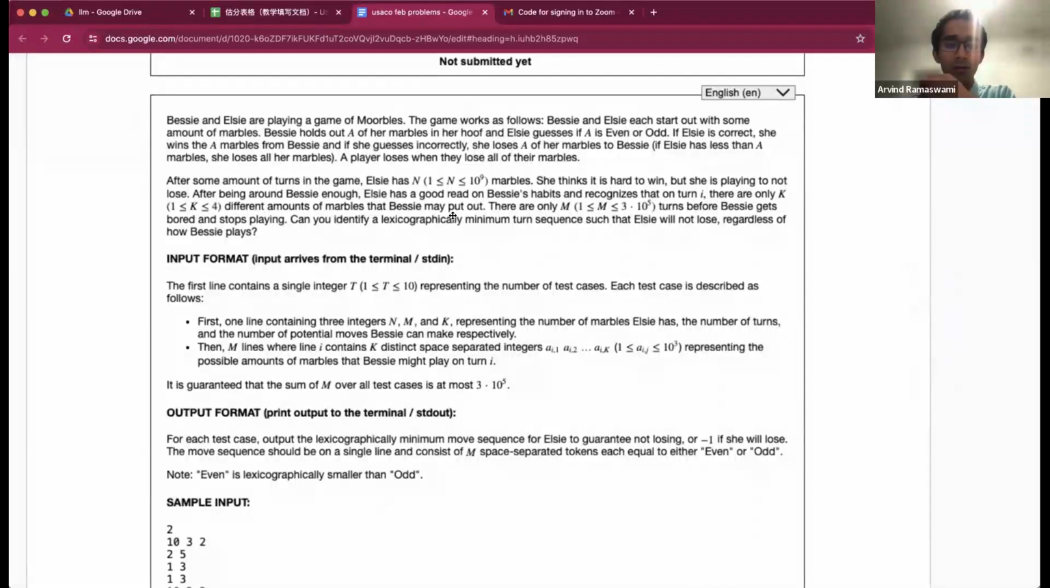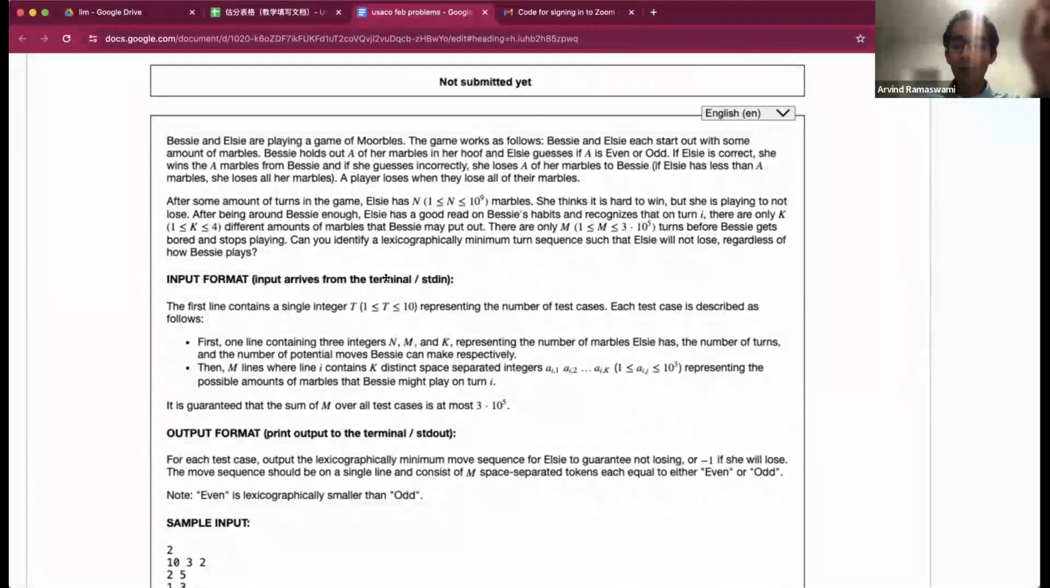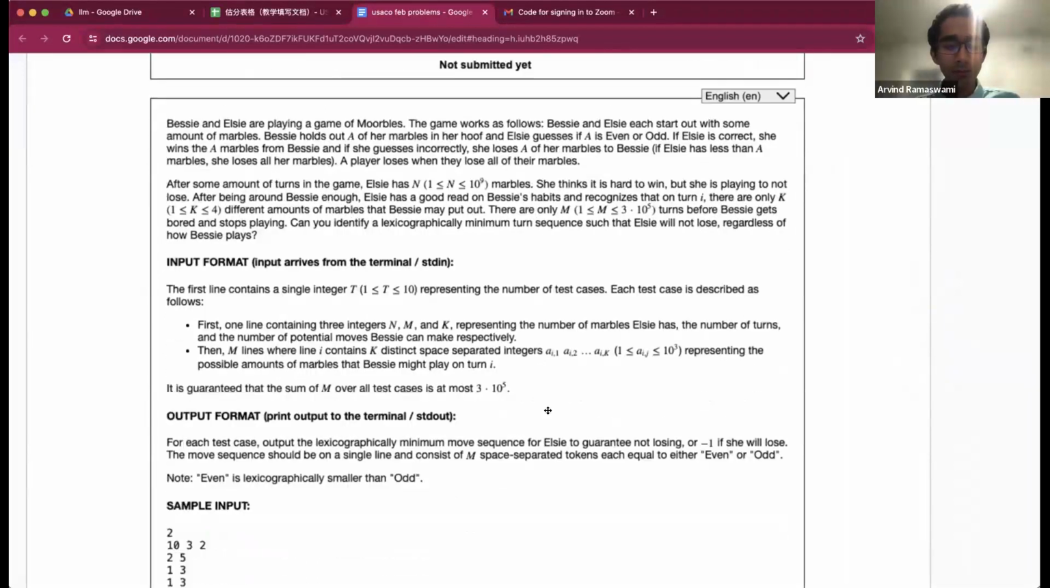Elsie keeps announcing even and odd and wants to make the lexicographically smallest sequence such that no matter what Bessie does, Elsie will still win. This is problem 3. I believe someone else will be presenting too. This is asking to find a lexicographically minimum turn sequence so that Elsie will not lose